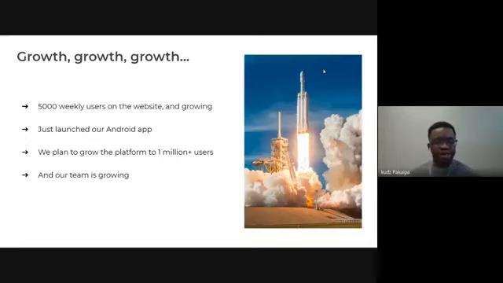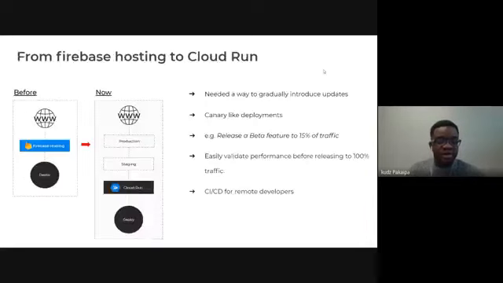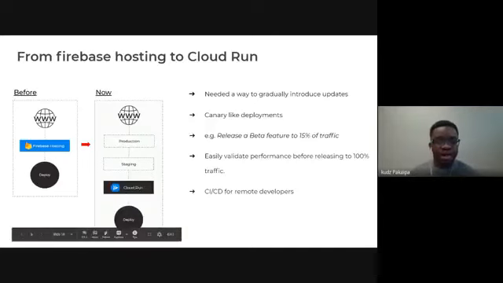So that very quickly starts introducing newer challenges and allows us now to grow our infrastructure even more while still sitting on Firebase. One of the things that I've implemented was switching over from Firebase hosting and implementing Cloud Run. So no longer use Firebase hosting. I don't deploy there anymore. We package our code, push it to GitHub, and it goes into Cloud Run, and it's pushed to the staging